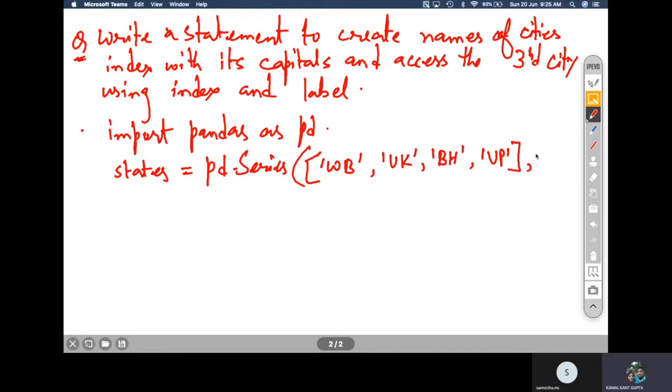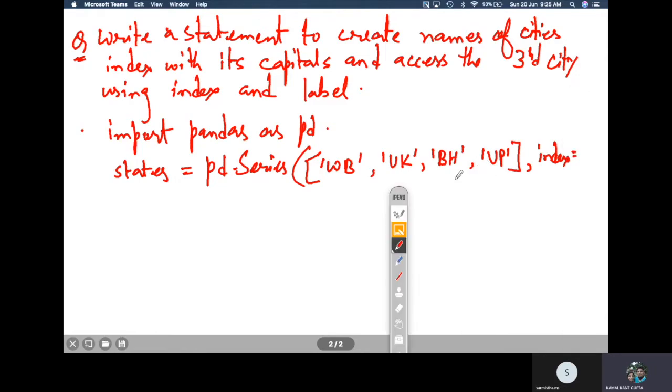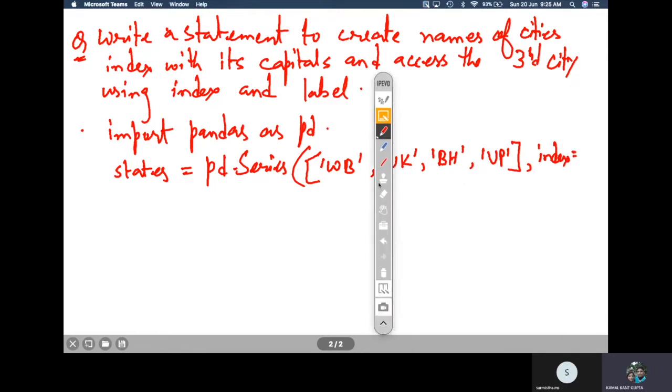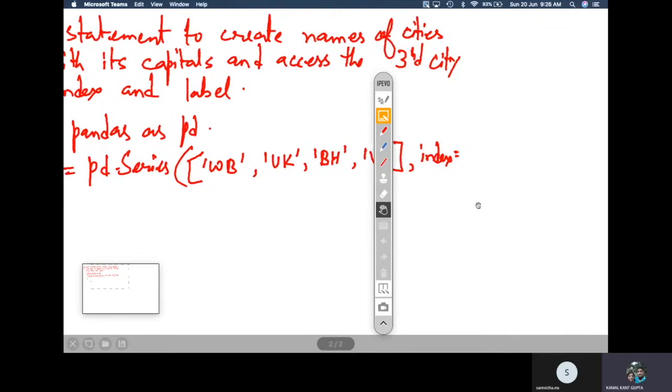Then you can have its indexes as its capitals. I don't know well what the capital of Uttarakhand is.